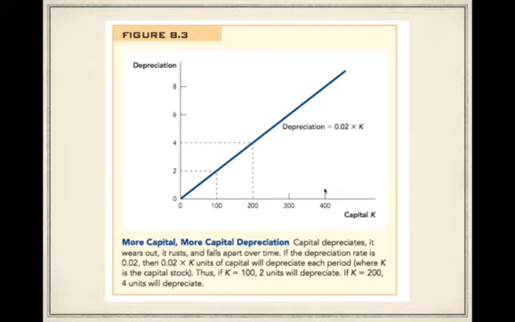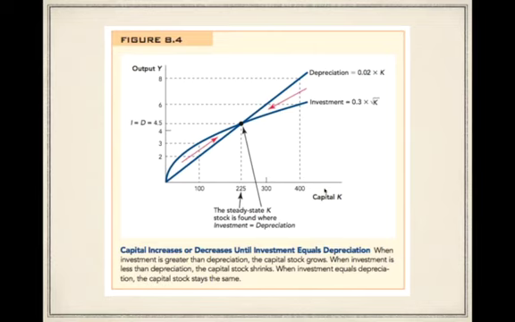So when we put these two lines together, we end up with the fact that they will, at some point here, at some level of capital, cross. Now, this point where they cross is what we're going to call the steady state. The way the book has drawn this, I'm not wild about, because what we actually usually talk about is the steady state level of capital and output, although we can talk about the steady state level of investment and depreciation. So here we have the diagram showing the steady state level of investment and depreciation.